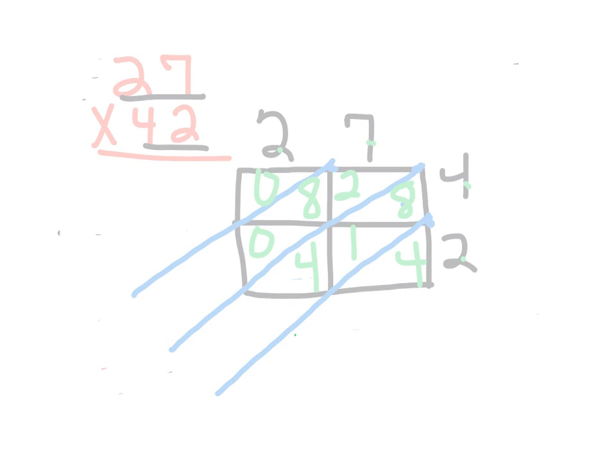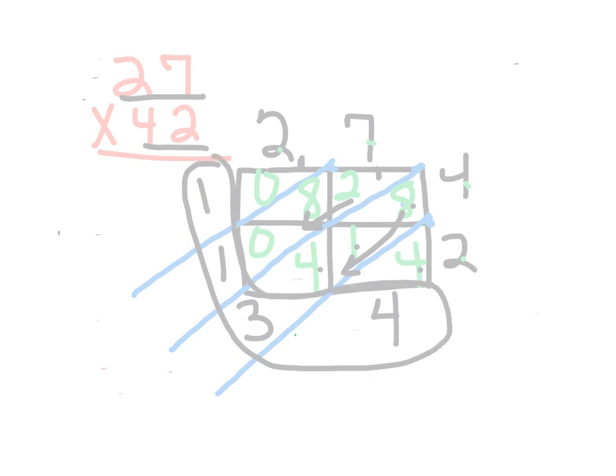But now I'm ready for the fun part, because now all I need to do is just add my diagonal rows. So I have 4 here and nothing else, so that becomes a 4. I want to add this diagonal row, so 8 plus 1 is 9. 9 plus 4 makes 13. So I put my 3 here, and I carry my 1, and I'm going to add this diagonal row. 8 plus 2 is 10, plus 1 makes 11. So I put my 1, and I carry the other one up there, and 1 plus 0 is 1, and I get